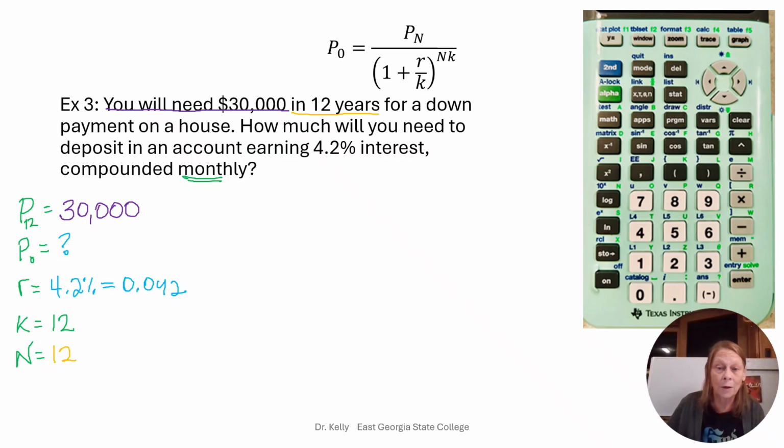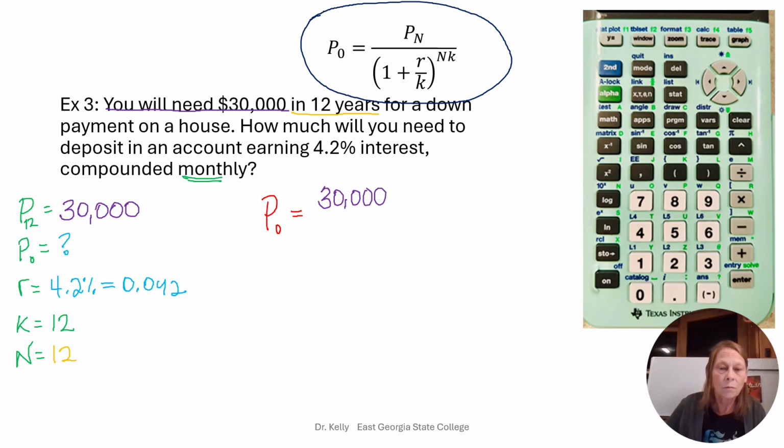All right, here we go. So let's plug this all in. Now notice I'm going to use it in this form. So we're going to say P naught is equal to P sub n, so we're going to have 3,000 on top. Actually, let me do this completely color-coded for you because it might make it easier to see. Everything that is in red is part of the formula. So let's go 30,000 over